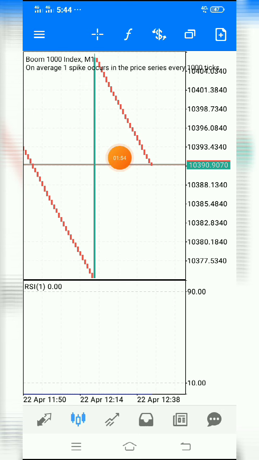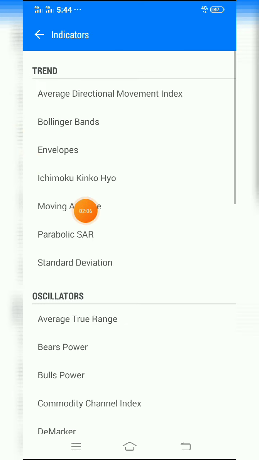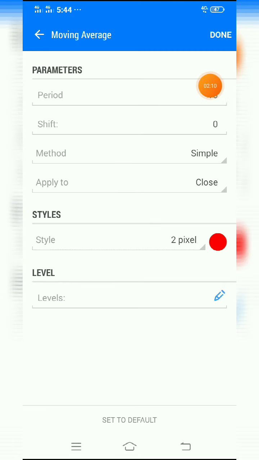Then what we have to do, we have to go to the same indicator option. We have to click on main chart. No, we don't have to click on main chart, we have to click on indicator window. So we will click there and we have to set the moving average. We click here and there is the option 10. I have already set this period, and shift is 0, method simple, apply to close.